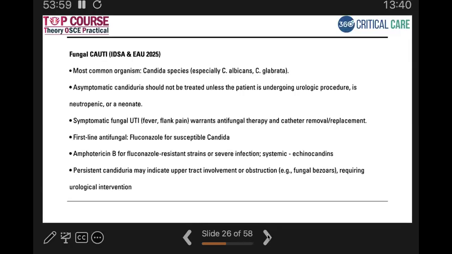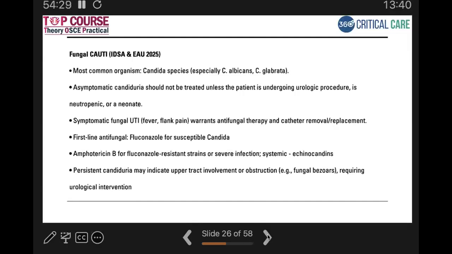When the patient is having systemic signs and symptoms and fungemia or candidemia is there, then echinocandins may help. But always keep fluconazole as the first choice, because most of the Candida albicans will respond to fluconazole. But when it is Candida krusei, auris, or a non-albicans Candida, then you can switch to liposomal amphotericin B. If there is systemic candidemia, fungemia, then you can try echinocandins also. Okay. And